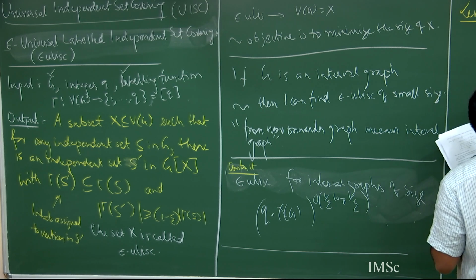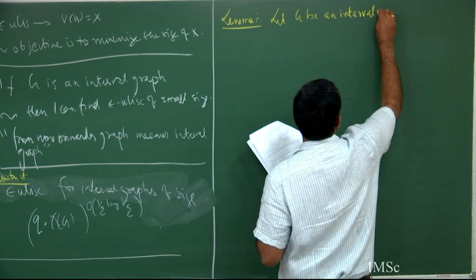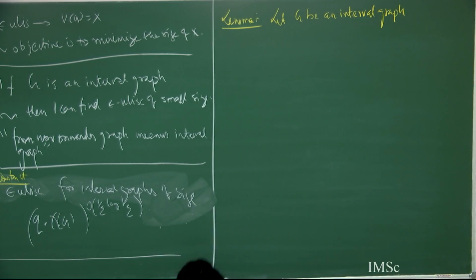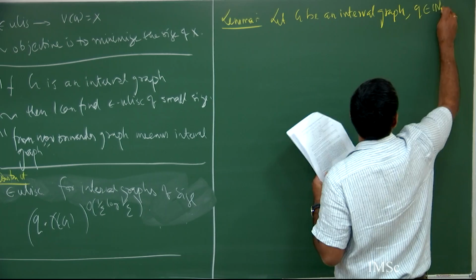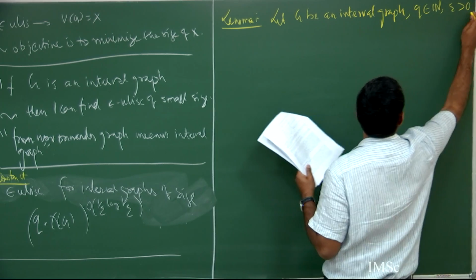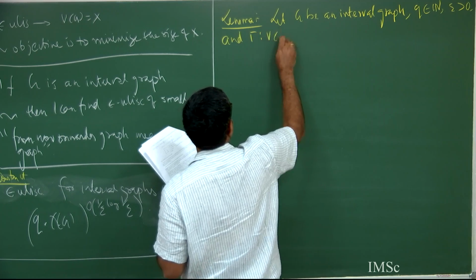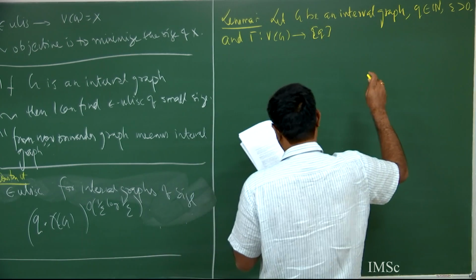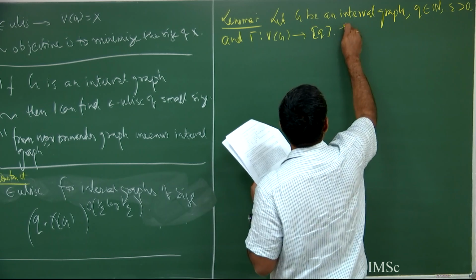let G be an interval graph, Q a natural number, epsilon greater than 0, and gamma a labeling function from the vertex set to 1 to Q, and then